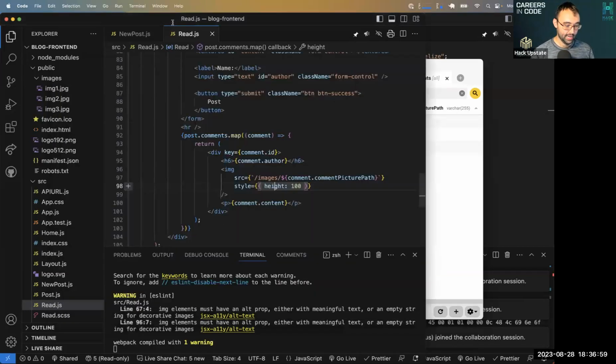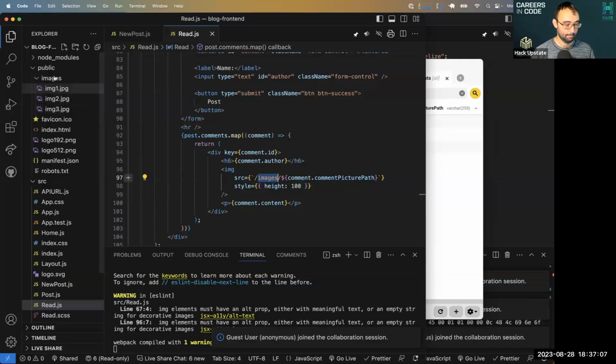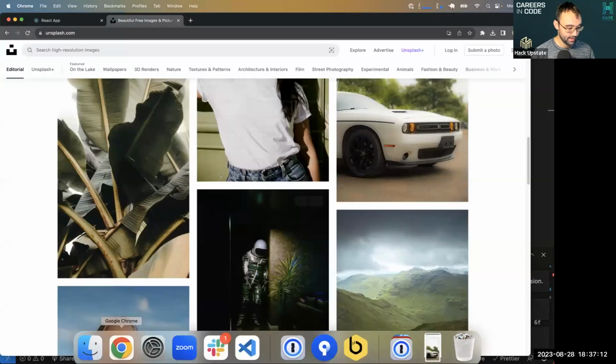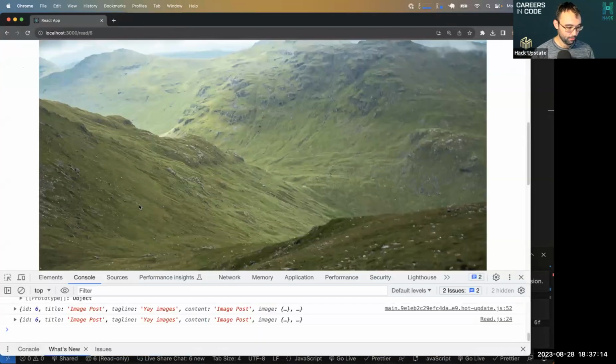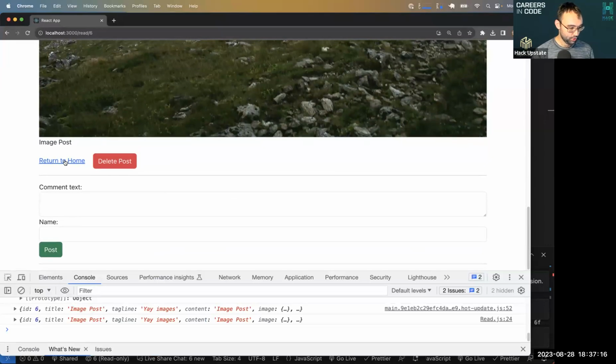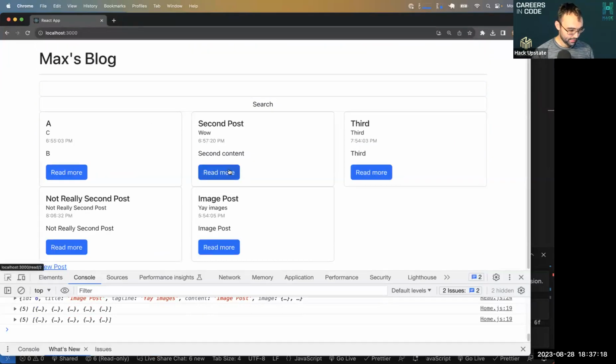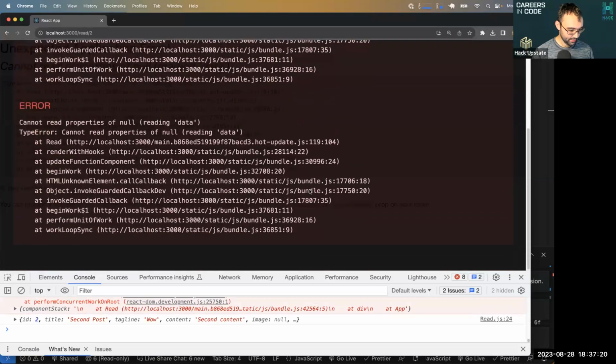Then in our front end, we added in where we want our image to show up. We put in this path that lines up with our public folder over here, and then we put in our comment picture path. And just like that, if we go back to our home and open up a post with comments on it,